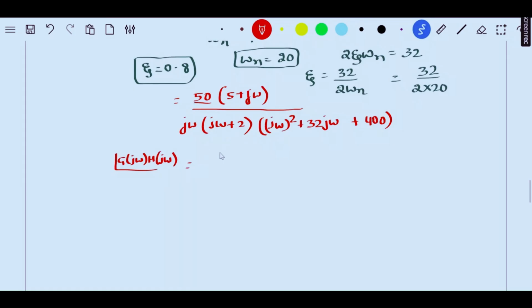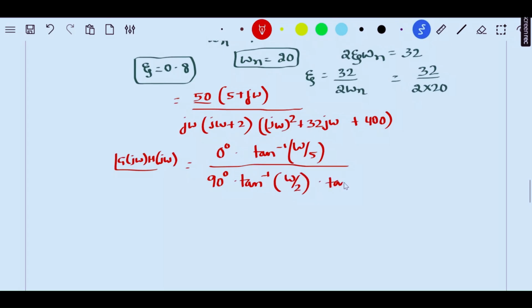the angle of 50 is 0 degree, we all know that, because tan inverse of 0 by 50, because the imaginary term is 0, so tan inverse of 0 is 0. We get the angle for 5 plus j omega as tan inverse of omega by 5, and the angle for j omega is 90 degree, because tan inverse of omega by 0, anything divided by 0 is infinity, so tan inverse of infinity is 90 degree. And for j omega plus 2, it is tan inverse of omega by 2,